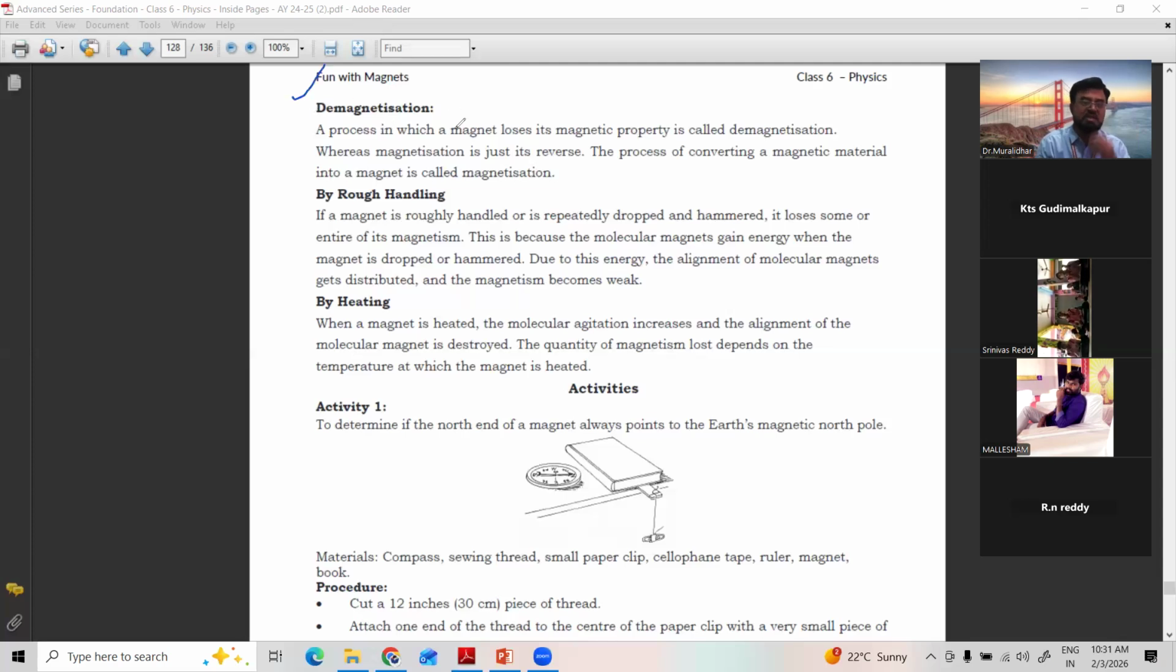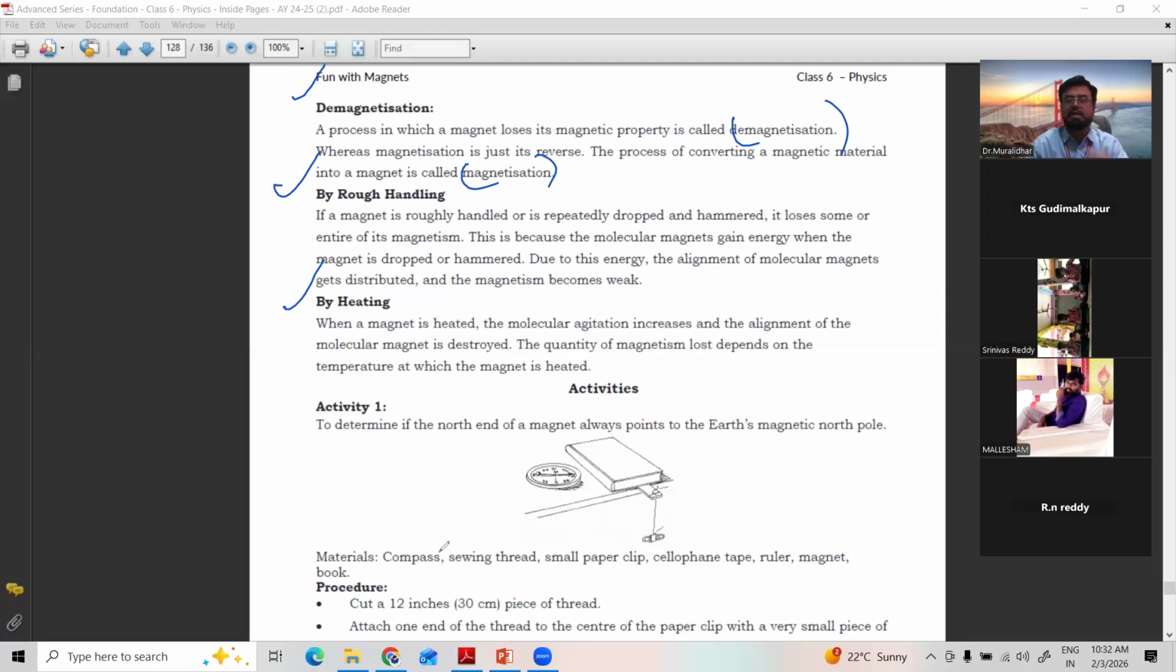A process in which a magnet loses its magnetic property is called demagnetization. Magnetization is just its reverse. Converting magnetic material into magnet is called magnetization. Converting magnet into magnetic material is called demagnetization. So demagnetization can be done by rough handling, throwing here and there, by heating,